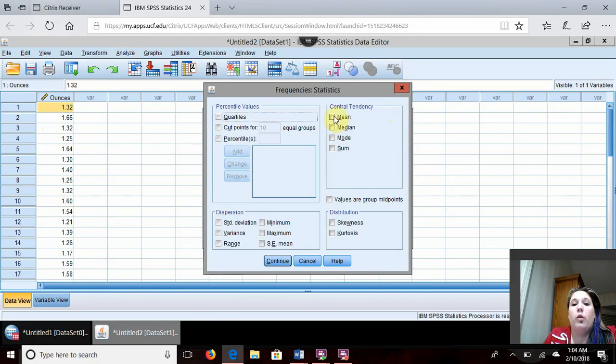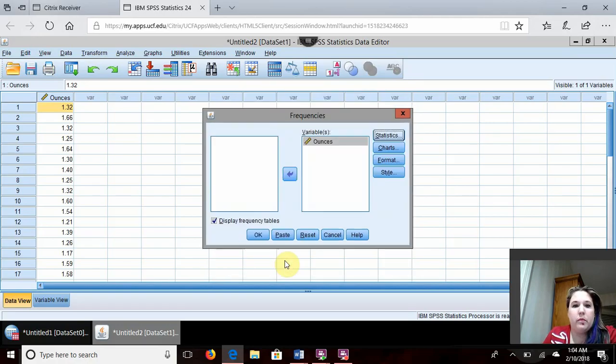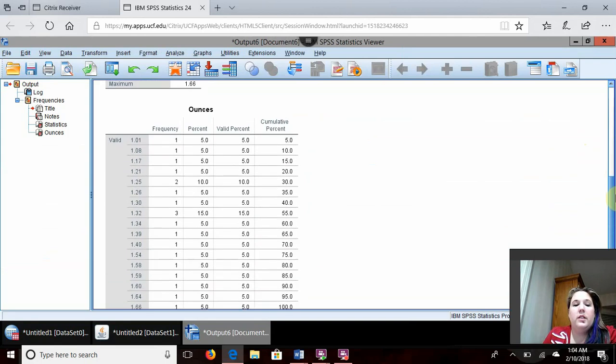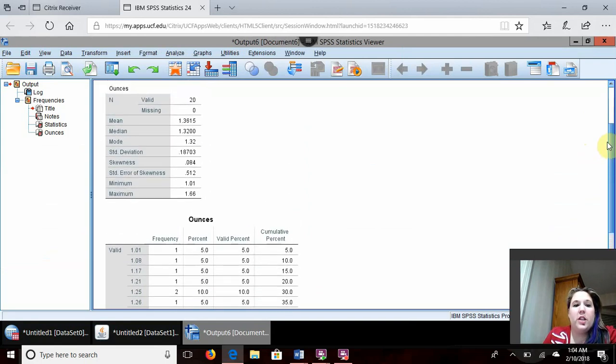You would like to know the mean, median, mode, standard deviation, minimum, maximum, and your skewness. And then press OK. This will give you all the information that you need to know for central tendency